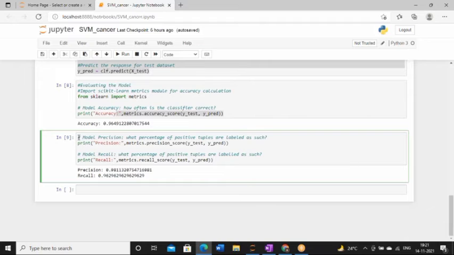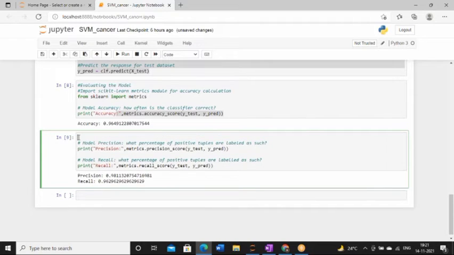Let me write this one also. So we are over here performing relevance analysis, so both will come under this relevance analysis.